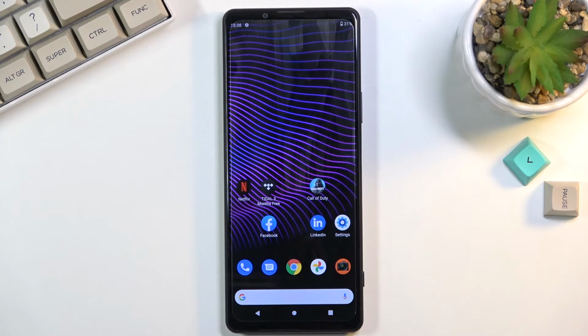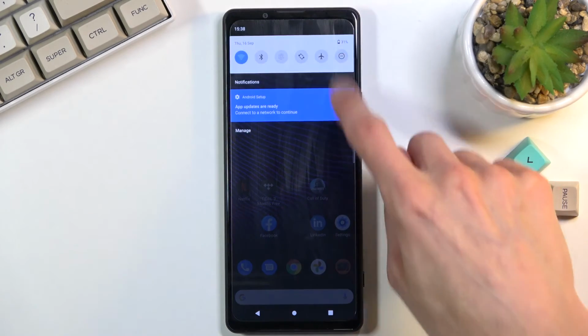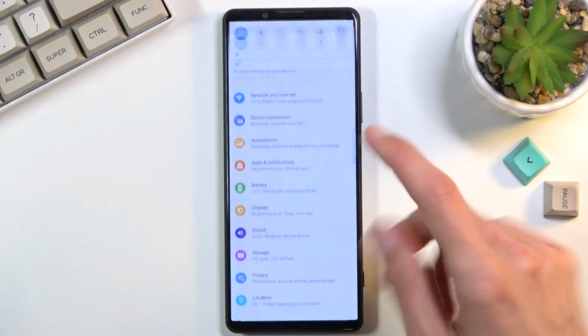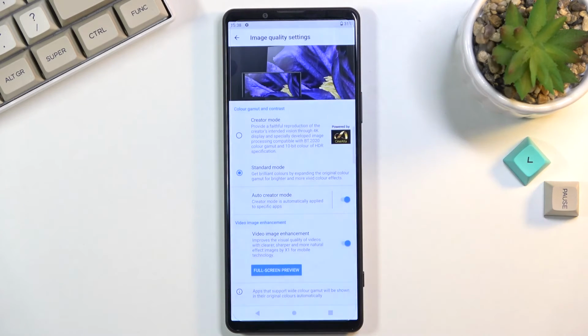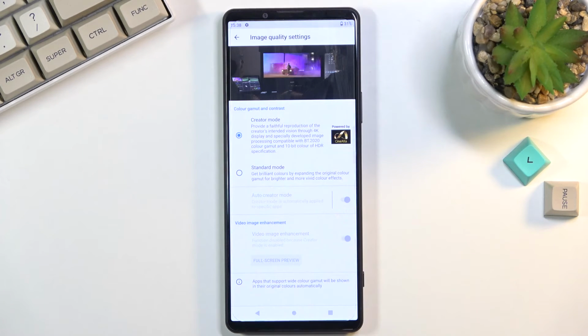So anyway, moving on to the next one is going to be the image quality. By default, I believe it's just set to something like vibrant or whatever. But again, we can navigate into the display and image quality settings. And right here, again, it's called standard. So that's the default. But we do have the creator mode, which has basically a color accurate, I believe, sRGB display. Basically giving you a more accurate